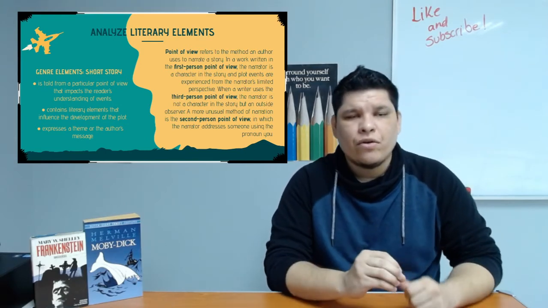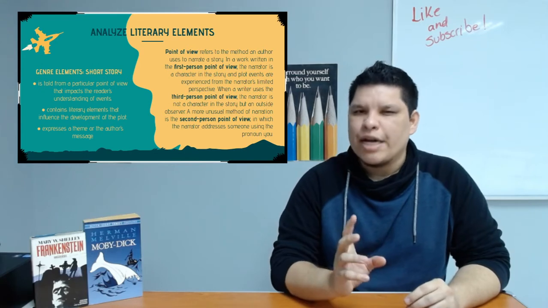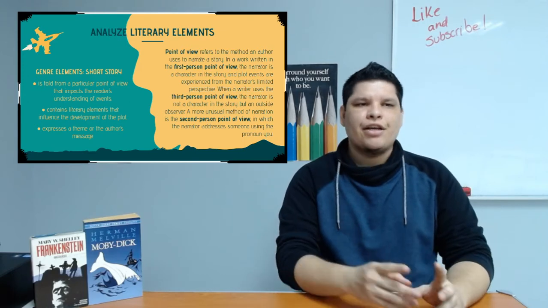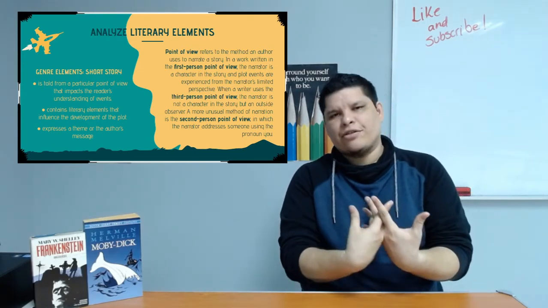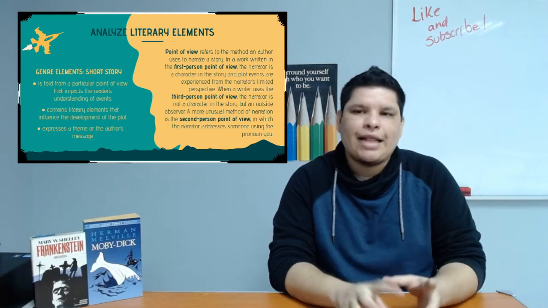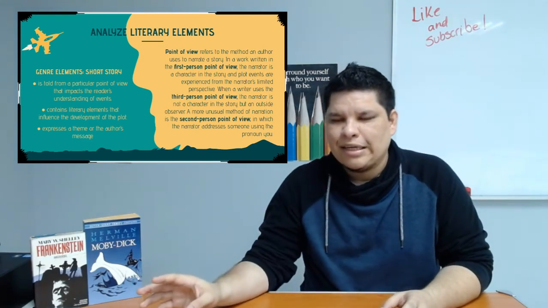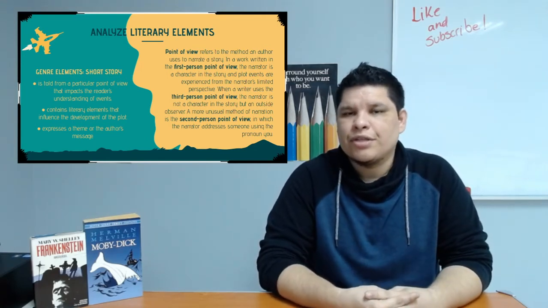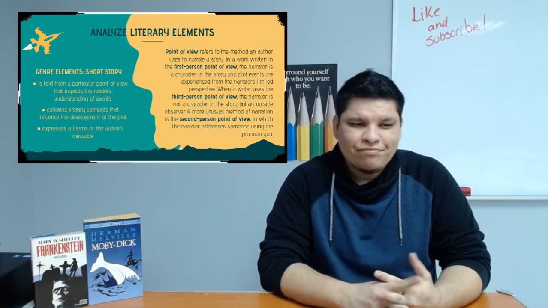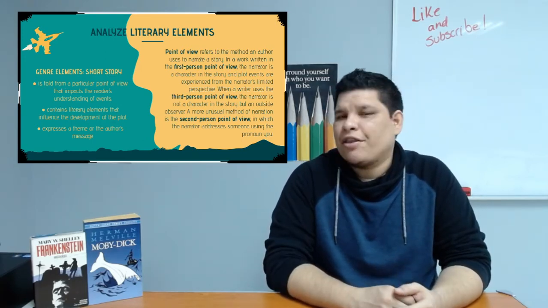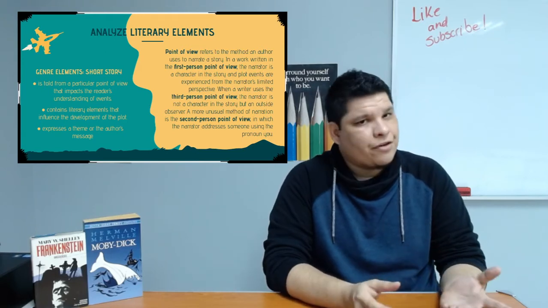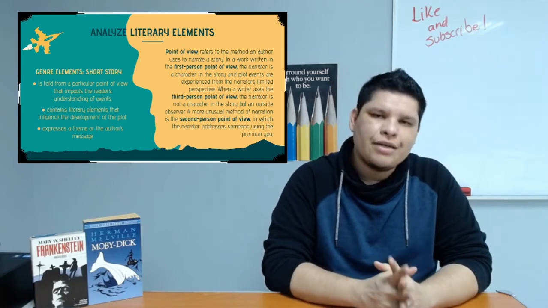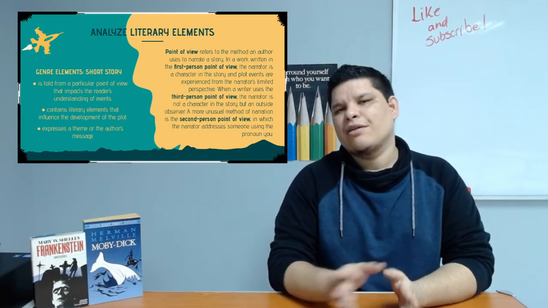Sometimes there's something called irony. And there's a specific type of irony in which the narrator and we as readers are revealed information that the characters in the story don't know. All right? So that's one specific type of irony that authors always use. But that is only possible when the story has a third person point of view narration. The first person point of view narration, as I was just saying, is a very limited type of narration because it's one of the characters in the story who's telling the